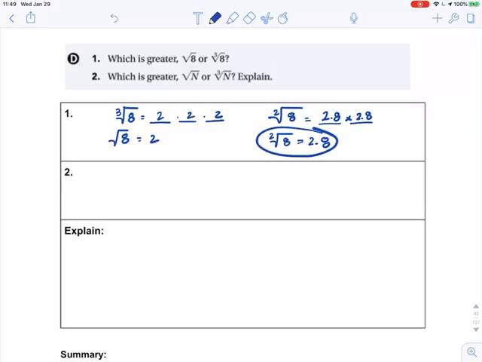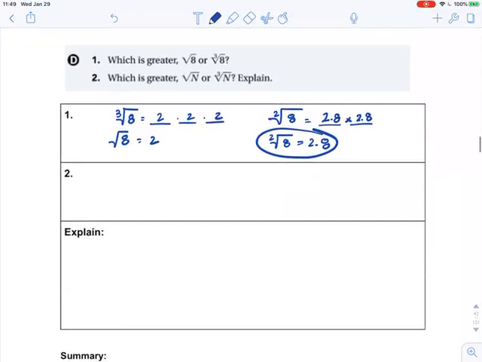And this one's going to be bigger. The square roots of numbers will always be bigger than their cube root counterparts because it takes fewer numbers to get to the same value. So square root n, they used the variable n, will always be bigger than cube root n. And that is because